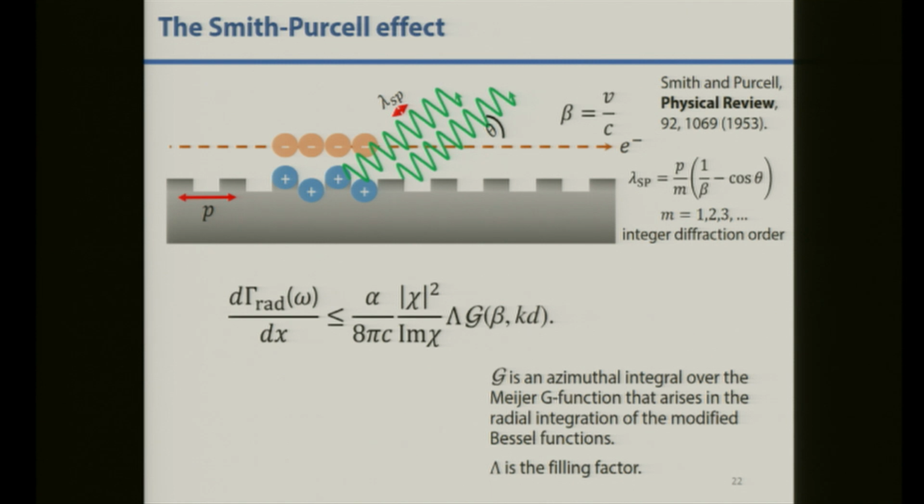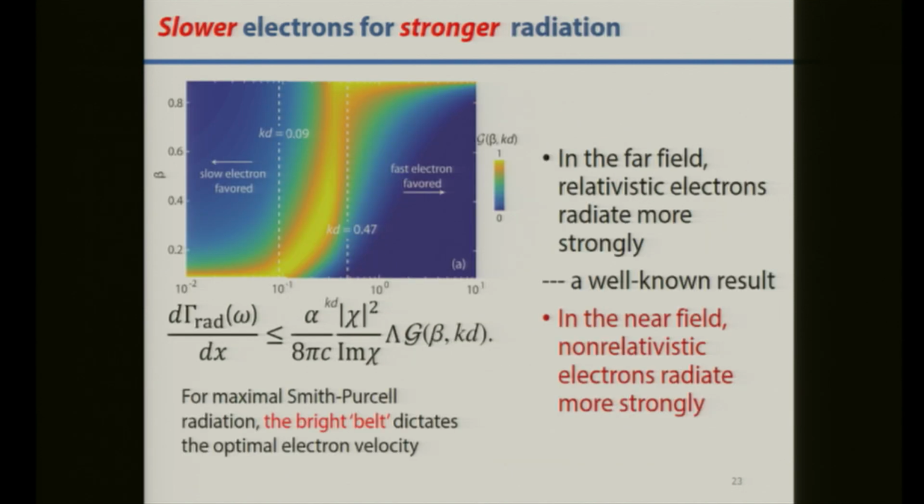And we can derive some upper limit for this problem. This three-dimensional scattering problem, following the framework, arrives at this formula. That's the emission probability per unit length. And the rest is similar to the previous shape-independent upper limit, but this G integral as a function of electron velocity and the dimensionless kd is something that's worthwhile looking at. So let's plot this G function as a function of beta and kd.